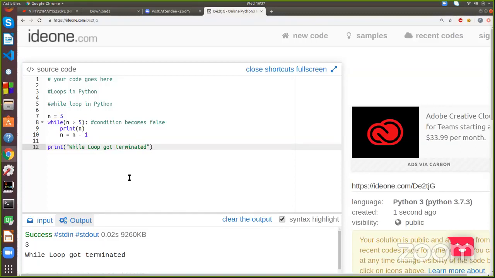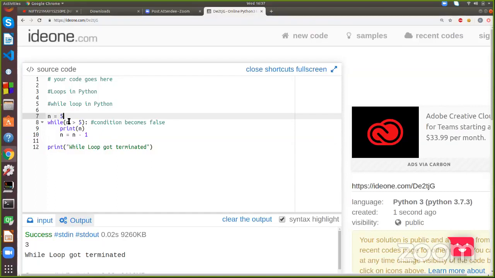If you didn't get the output, what would the output be? Then let's see, I will make you understand now. Okay, I got many replies that while loop got terminated. That's the correct answer. I hope you have understood the while loop. So here, what did I say about how a while loop runs? For example, I consider the value of n equal to 5. I wrote the condition that while n should be greater than 5. So whether this condition is true or false, is n greater than 5 here? I think n is not greater than 5.